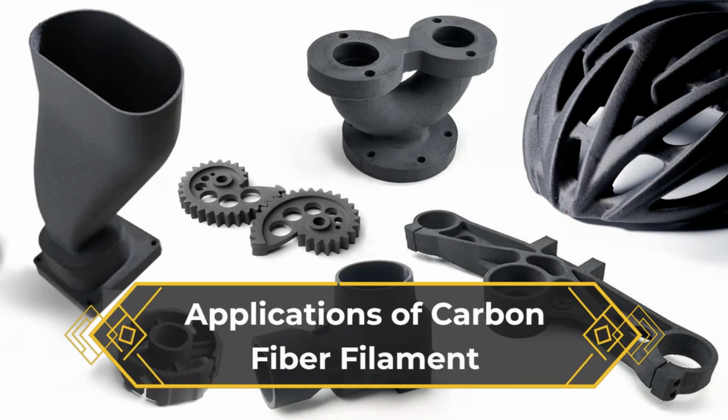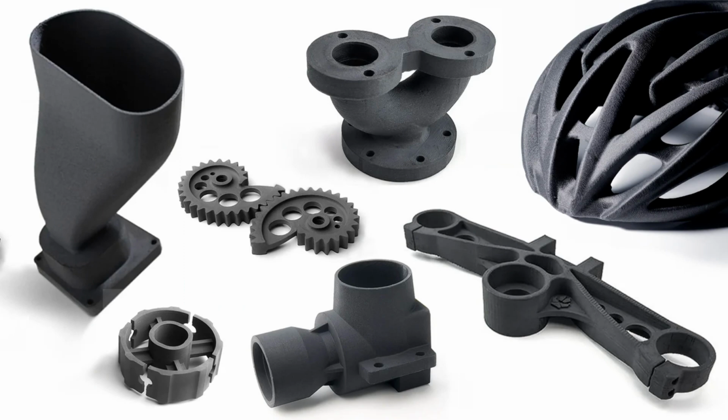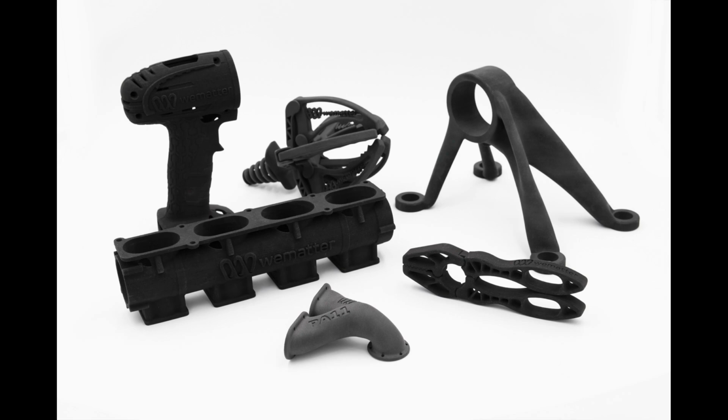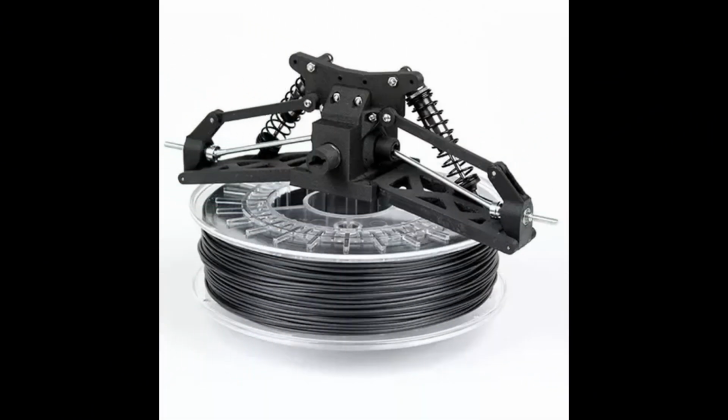The applications of carbon fiber filaments are nothing short of remarkable. It's not only limited to industrial sectors, hobbyists and makers can also benefit from its strength. From drone frames to mechanical components, from cosplay props to customized tools, carbon filaments can bring your creations to a whole new level. While printing with carbon fiber filament, apart from having a hardened steel nozzle, you have to adjust the